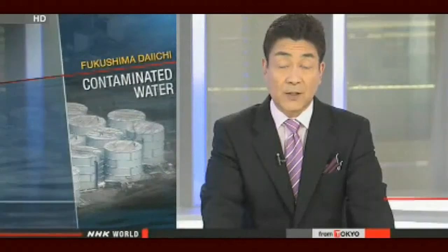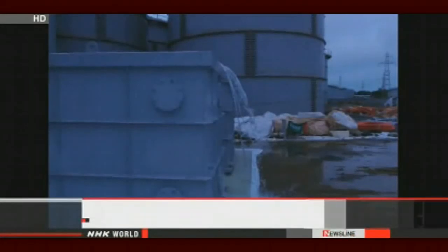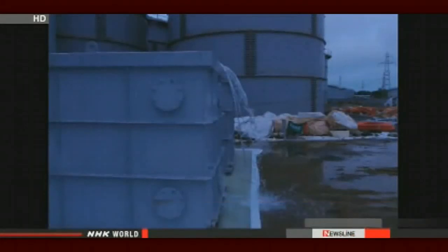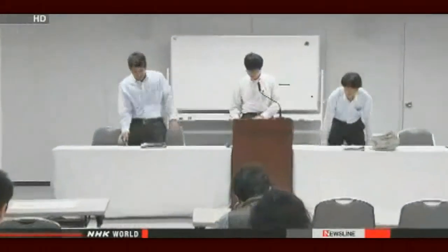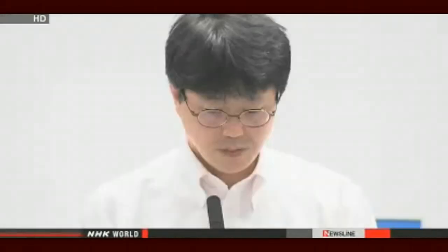Engineers at the Fukushima plant say miscommunication with a subcontractor was the cause of another leak from a storage tank on Tuesday. About 5 tons of radioactive rainwater overflowed and seeped into the ground when workers were pumping it into the tank. A tropical storm last month left the water accumulating inside barriers around the contaminated water tanks. TEPCO said on Wednesday the workers sent the water to a small tank by mistake. The level of radiation inside the tank was 13 times higher than the government's safety limit for releasing tainted water